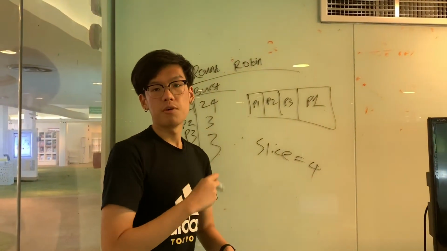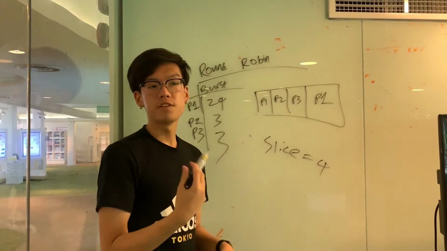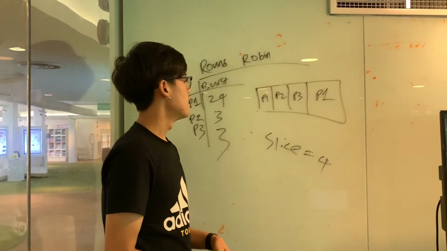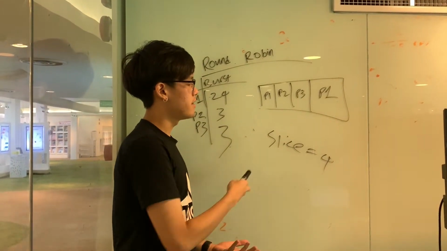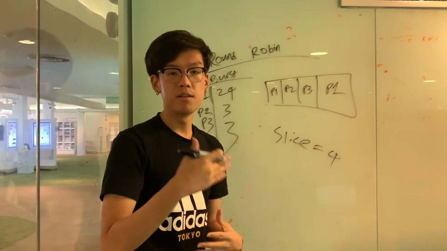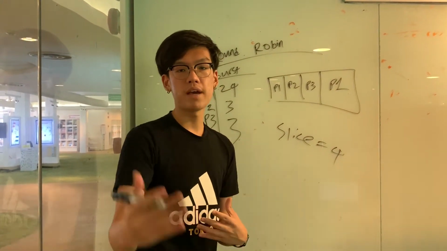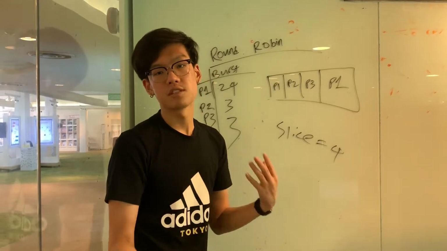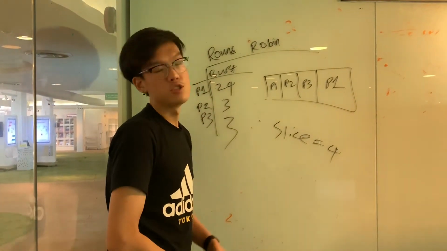Next, we will actually talk about round robin, or some would actually call it first come first serve with preemptive. What it actually means is that when there is a time quantum, after every specific amount of time, the processor has to stop and join back at the back of the queue, just like how first come first serve works. An example is shown here.